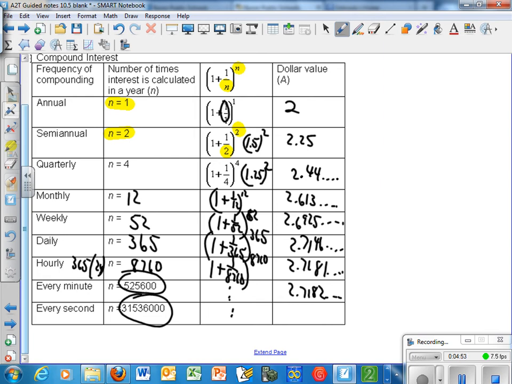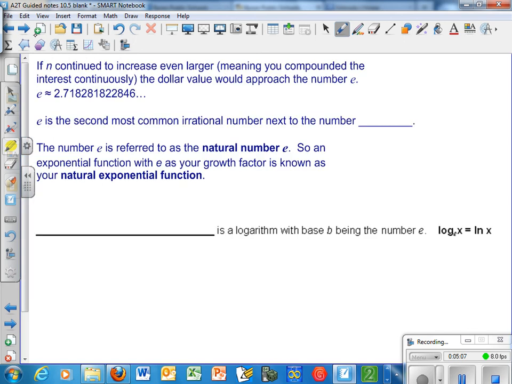Calculate all that out, you get about 2.7182 dot dot dot. All right, so let's take a look at this number that we're getting to right down here. Let's go to the next page. If n continues to increase even larger, meaning you compound it continuously, the dollar value would approach this number e,